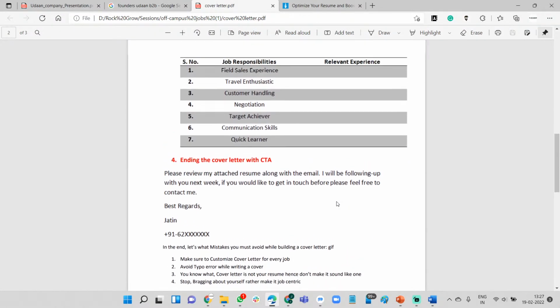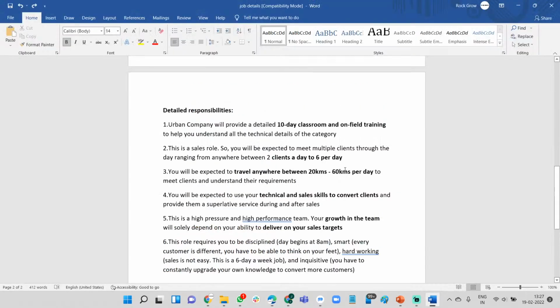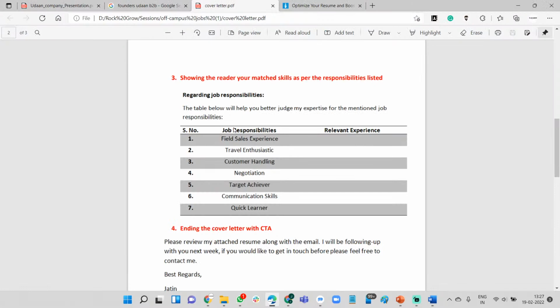So all the keywords that you have bolded in the Word file, you have to mention these keywords here. So all the keywords, let's say the traveling, client meeting, technical and sales skills, you have to mention them in the job responsibility section, that this is something which a company needs from you. And then in the relevant experience, you have to mention all the experience that you have basis on this,